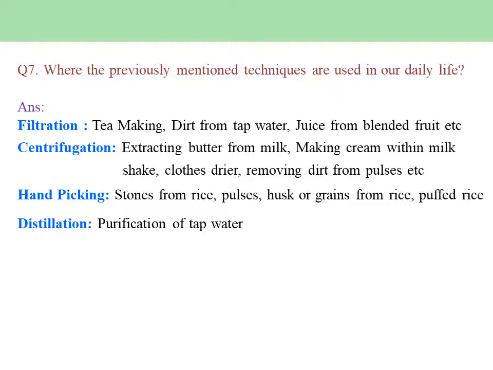We must have noticed that when anybody is suffering from jaundice, the doctors prescribe: please boil the water, cool it, and then filter it and drink it. Now, if we start boiling the water, then definitely the water level will go down. To prevent that, when the water boils, we cover it. So a distillation process goes on. The water is evaporating, condensing on the top, and coming back again into the container.